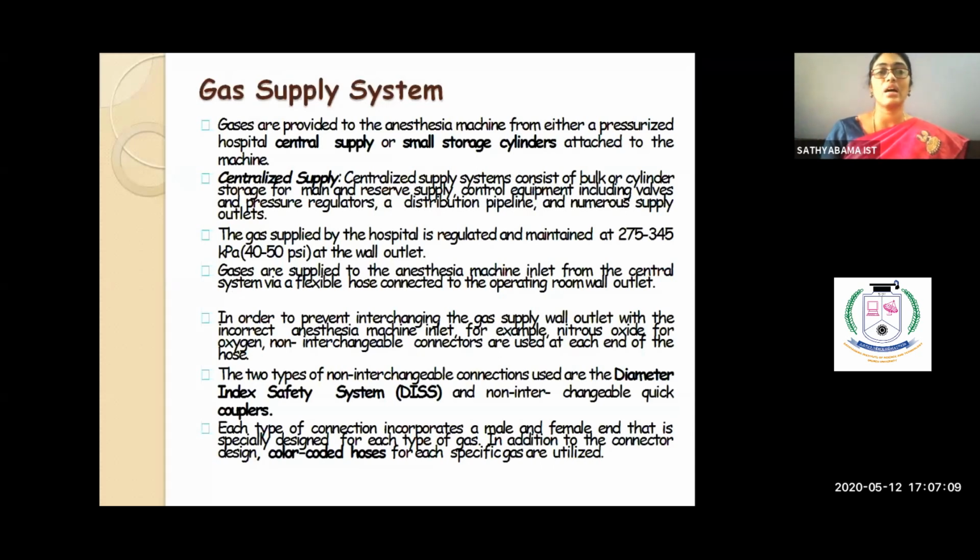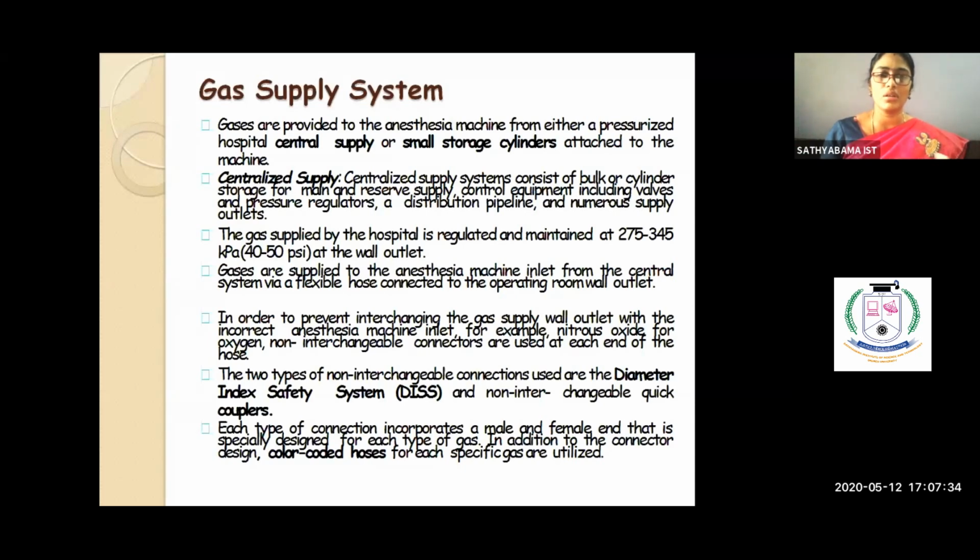So moving on to the first major part of your anesthesia system, your gas supply system, right? So we have a centralized gas supply system. As we all know, we've all visited hospitals. These gas supply systems can be seen somewhere either on the ground floor or the top floor, usually on the ground floor of a hospital, right? Wherein all these huge cylinders will be kept, and these will be connected through tubes to the respective places.